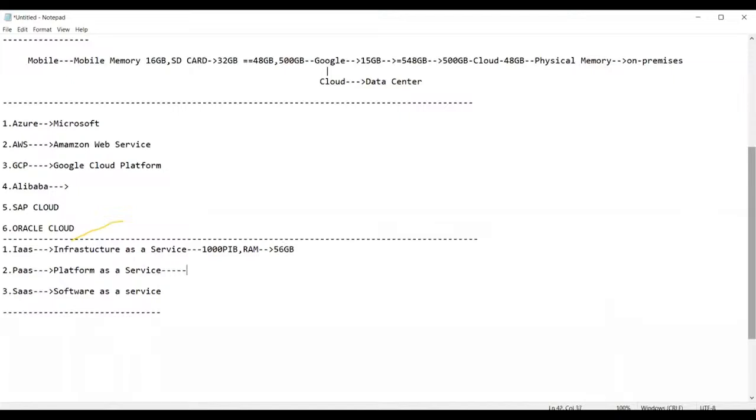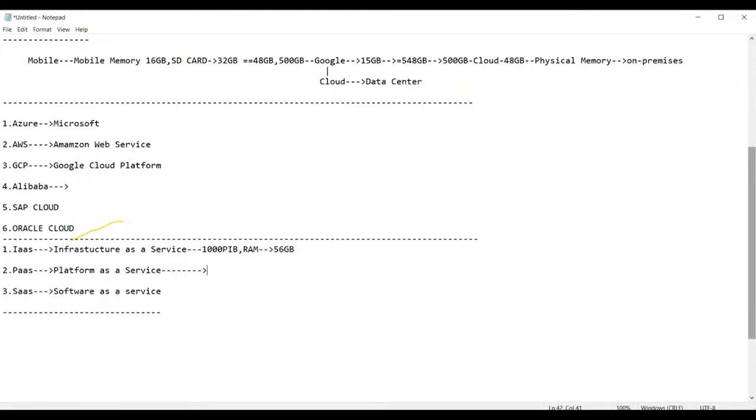Next, after this, platform as a service. Suppose, guys, what is a platform? A platform is generally a type of operating system. Now, guys, we are using Android as an operating system, and Apple is using some other operating system.